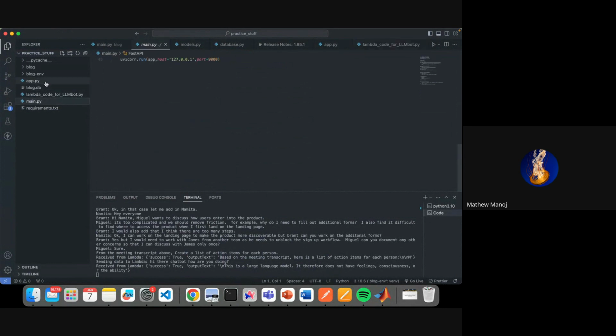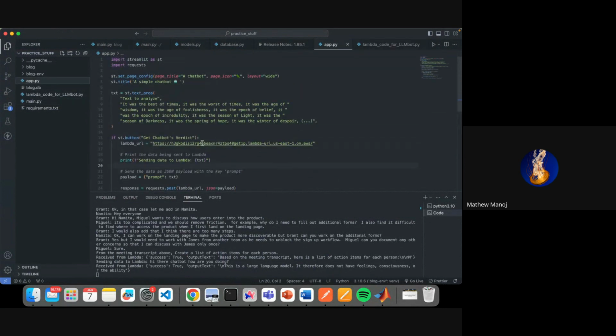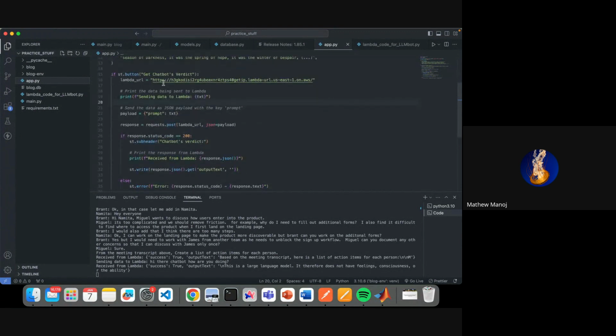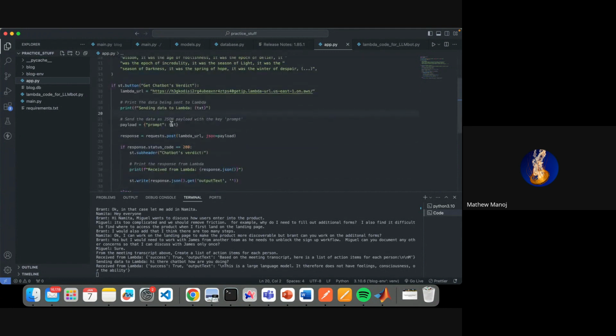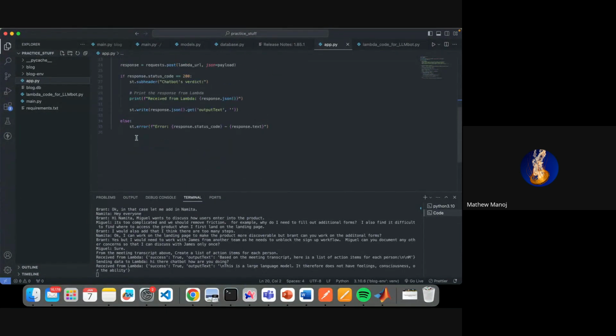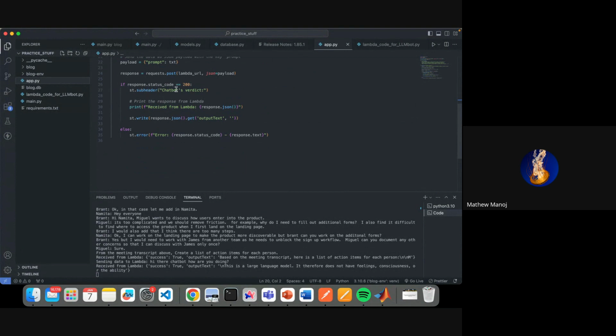So app.py. Here, you can use Streamlit. It is a very simple library to be able to make a website. So this is just a text. It takes a text input. Here I pass in the API URL. It takes the text from the user, passes it as a JSON request here, and gets the response. And then if the response is coming out correct, then it will. This is just for checking if the request is coming out properly.